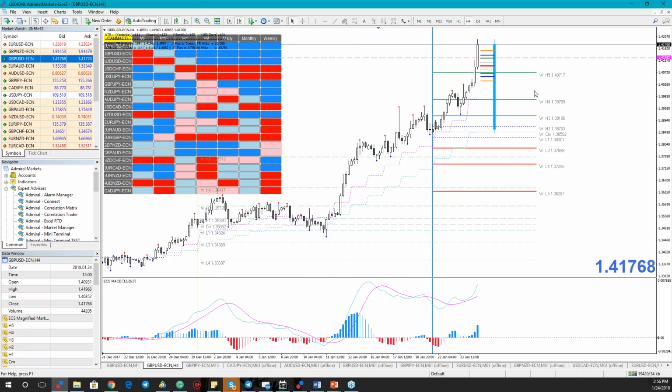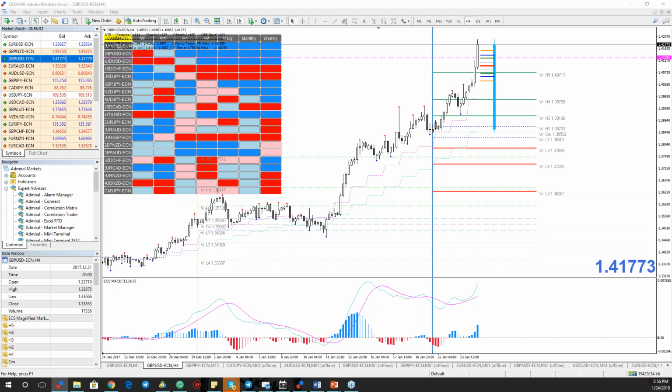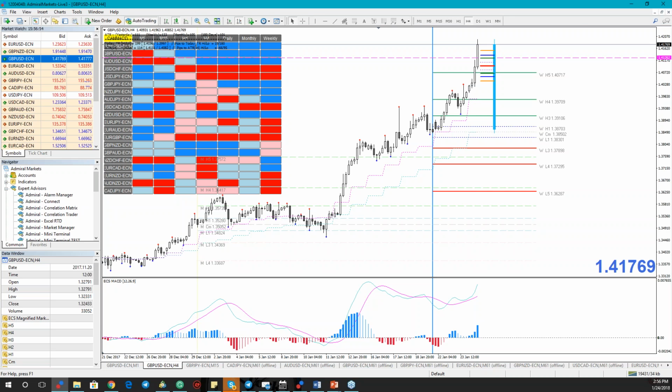Now if you drop to the 4-hour time frame here, and I will zoom out now, you will see that the 4-hour has broken weekly H5. So the weekly level has been broken and it hasn't been retested today. What does it tell me? Usually when a weekly Camarilla level is taken out, we need to see a retest, because it's a strong level.